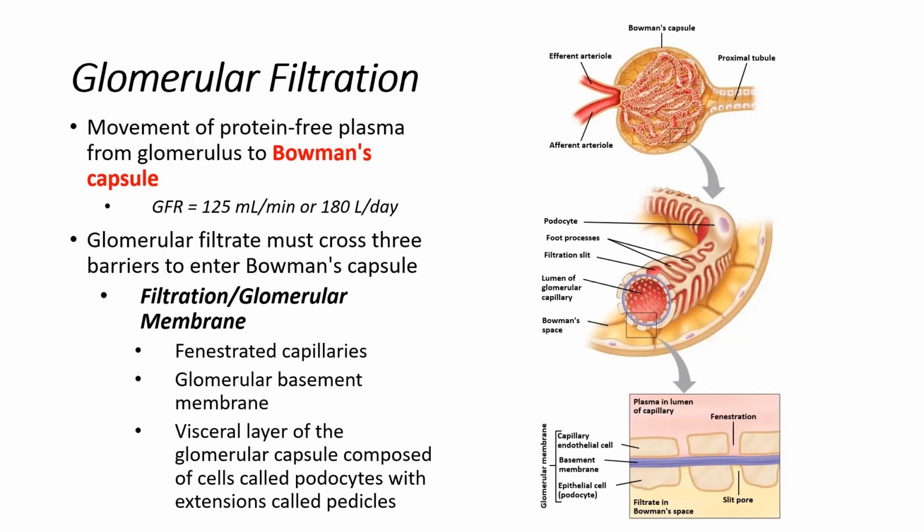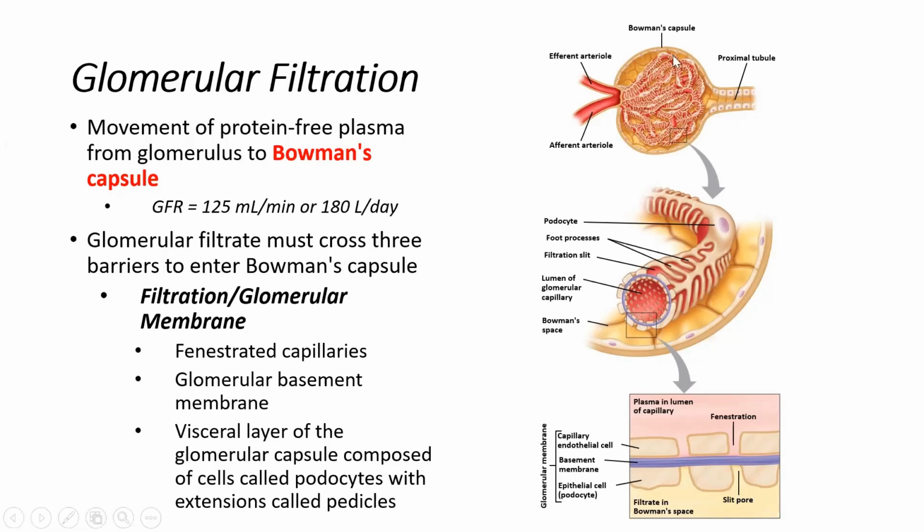So fenestrated are the ones that are sort of in the middle. They don't have pores that are as small as our continuous capillaries, but they're nowhere near as large and as sort of free-flowing as the discontinuous capillaries were. We've also got the glomerular basement membrane. So it's really the basement membrane of the glomerulus, right? The basement membrane of that vascular structure. And then we've got the visceral layer of the glomerular capsule, which is composed of cells that are called podocytes,